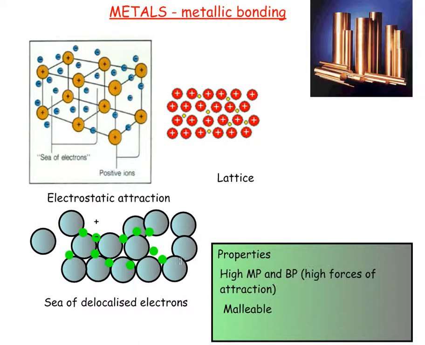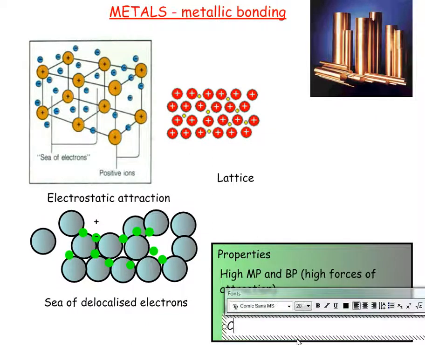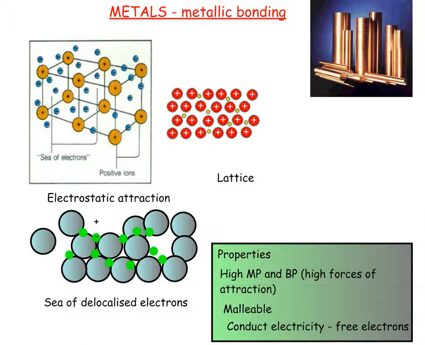Okay, they can conduct electricity because we have electrons here. So conduct electricity because of free electrons. Okay, they conduct heat because of free electrons as well. So high melting and boiling point because of those high forces of attraction. We've got malleable because we can move the ions, and they conduct electricity and heat because